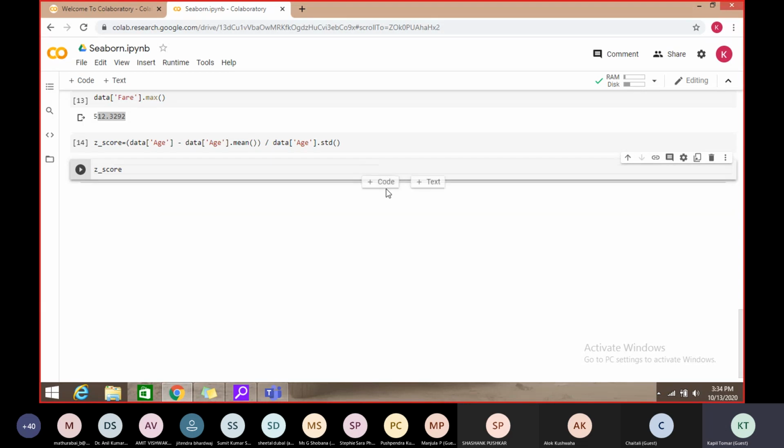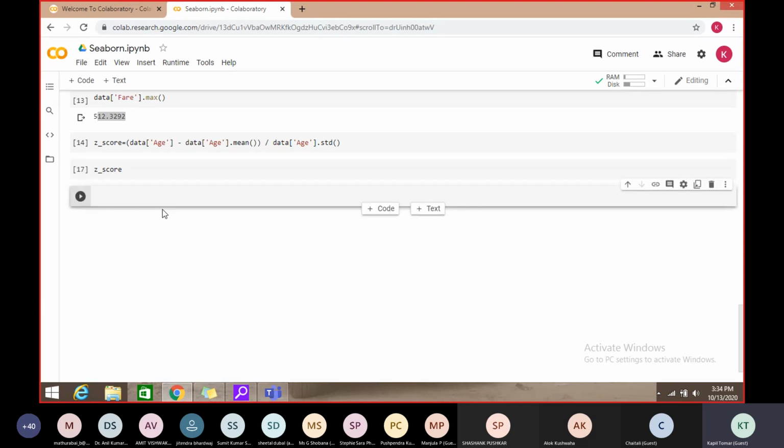Suppose we want all the values whose Z score is less than 3 to be acceptable for my model, and the rest of the values I will not consider. Then I'll use Z score less than 3.